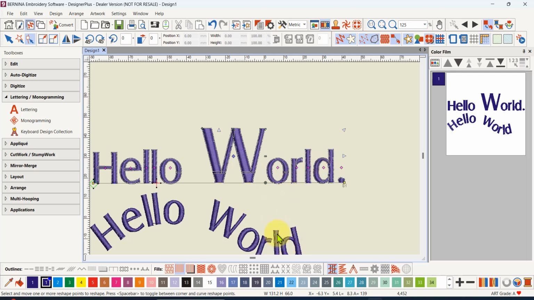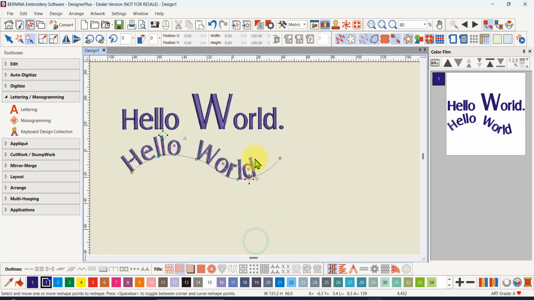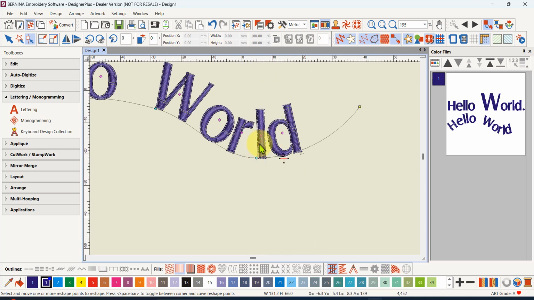Down here, if I select the Hello World, that L that I wasn't happy with, I can select that, get the rotation handle and just rotate that a little bit and move it. Whoops, I need to grab that pink arrow, move it back this way a little bit. And I think that looks better on that curve. So that's how useful those individual letter tools can be